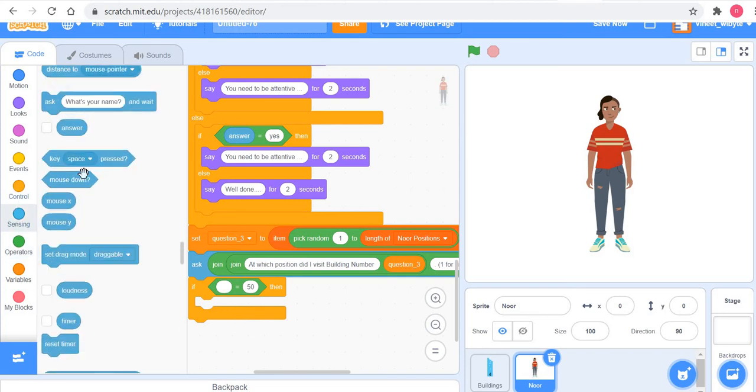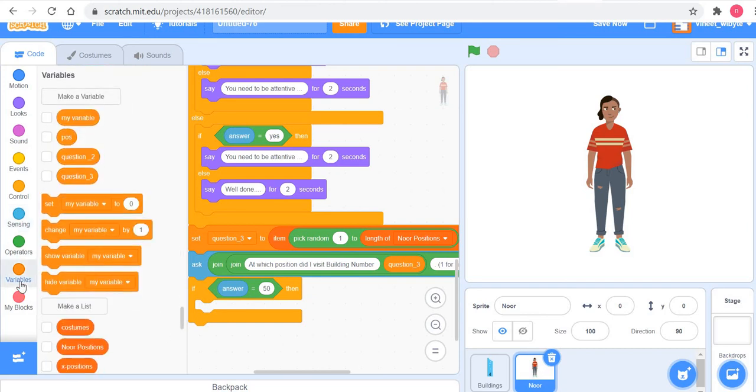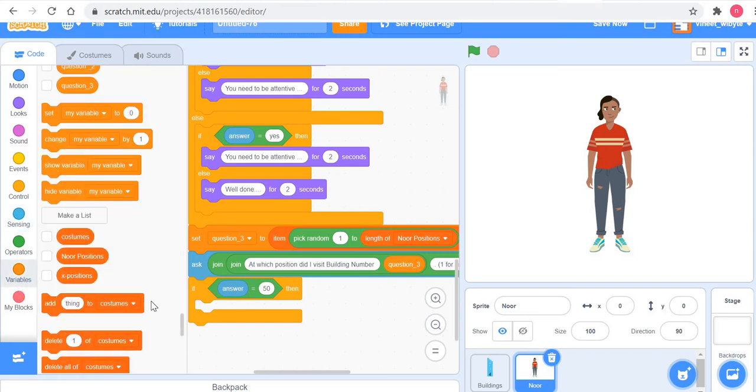So I'll say if answer is equal to the item number of the list of the question 3 in Noor positions. Now, why item number? Because remember, Noor positions contains all the buildings that I have visited and in that order. So if I went to building number 1 first, Noor positions contains 1 at number 1, right? If I visited building number 6, then Noor positions contains number 6 at position number 2.